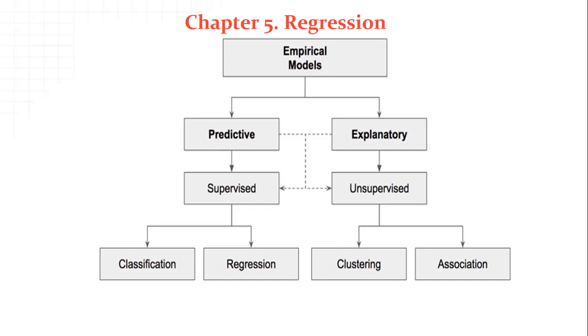whereby we don't have the input-output pairs. We could be having the inputs only, the input data set, but we don't have the output. So we let the model make predictions on its own. It's not guided. Or we could be having outputs, but we don't have the inputs. That's unsupervised learning. Examples of problems that can be solved using unsupervised learning are clustering and association. Examples of models which can be created using supervised learning include a classification problem